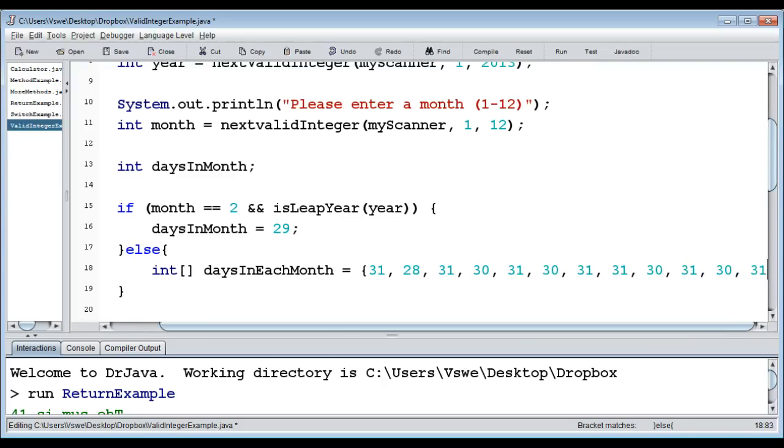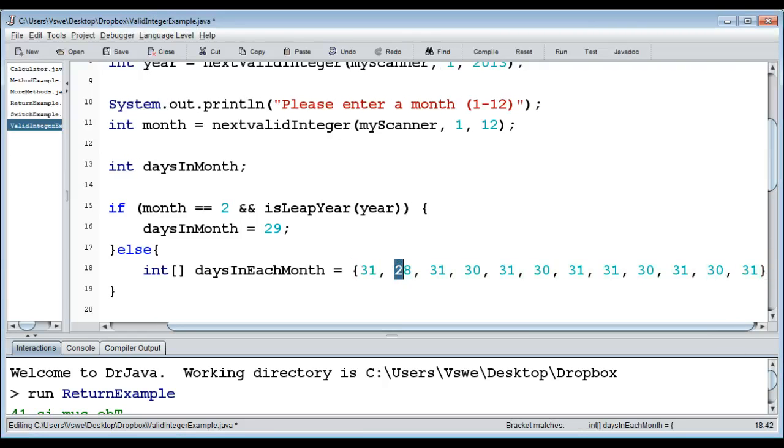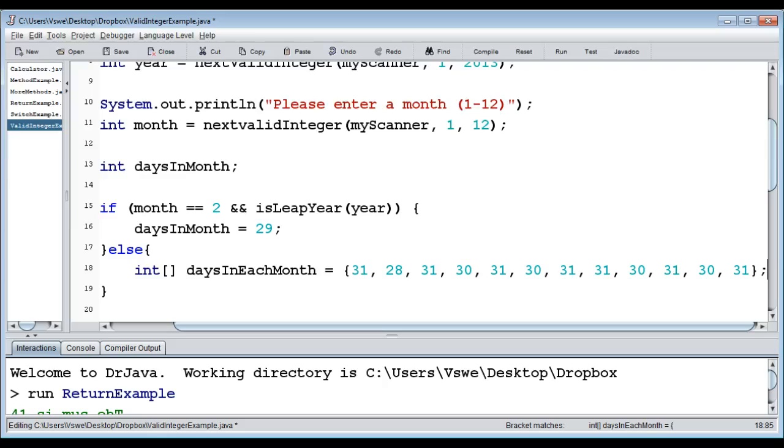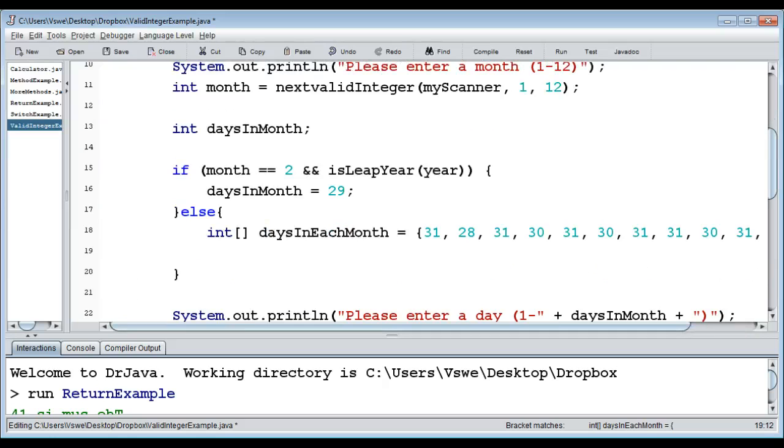Like that. I think that's correct. Yes, it is. So we have January, February, March, April, May, and so forth. So that's just the normal amount of days. As you can see, we have 29 there because it's a leap year, but just 28 there because it's a common year. And then we do days in month equals days in each month,